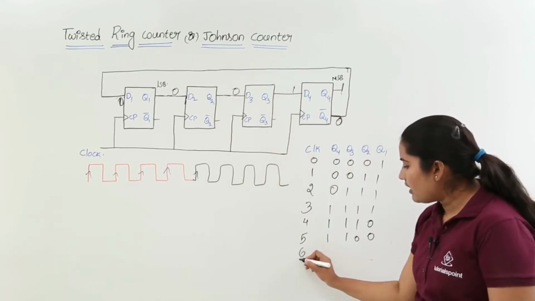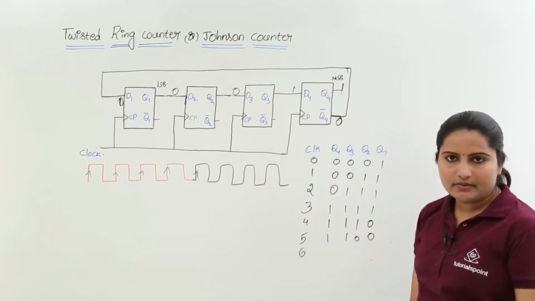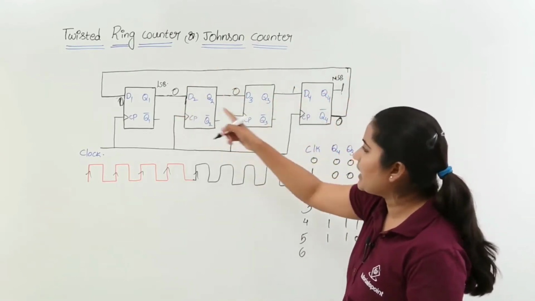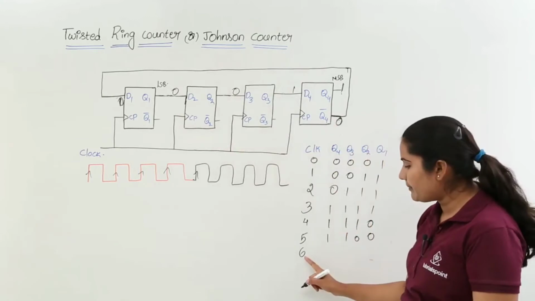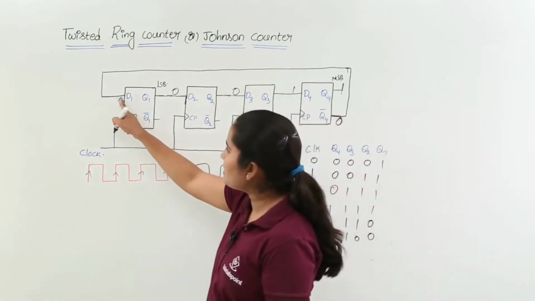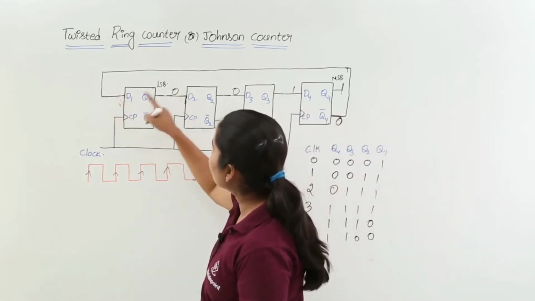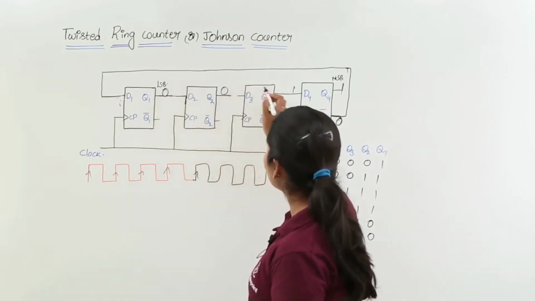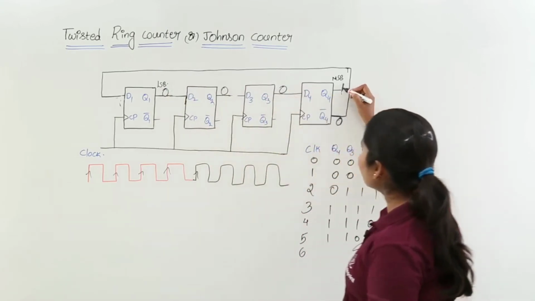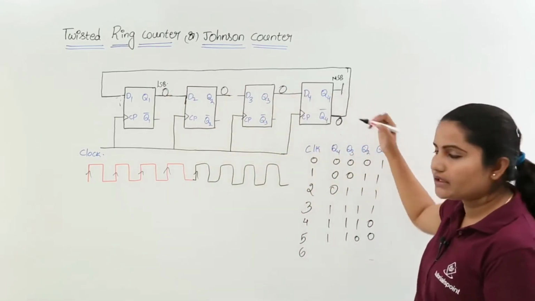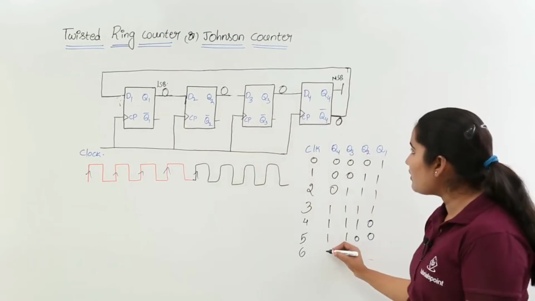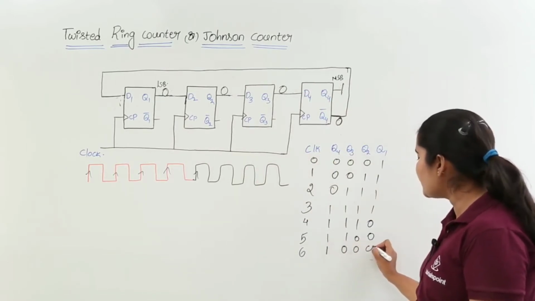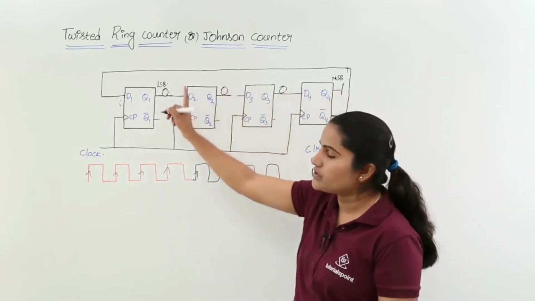Next, after application of the sixth clock pulse, what is going to happen? Before application of the sixth clock pulse, again you need to get ready with inputs. If I apply the sixth clock pulse, this 0 is going to come here, this 0 is going to come here, this 1 is coming here. If this is 1, again this is equivalent to 0. So now again writing my outputs: 1, 0, 0. You can see the outputs order 1, 0, 0.